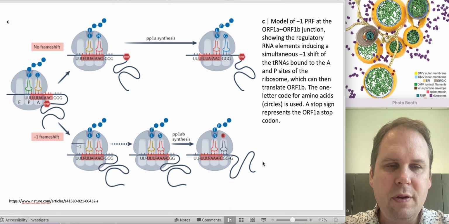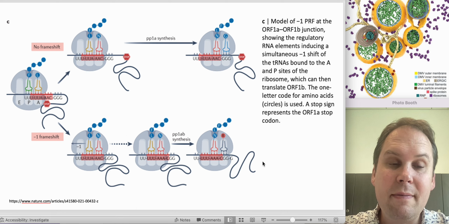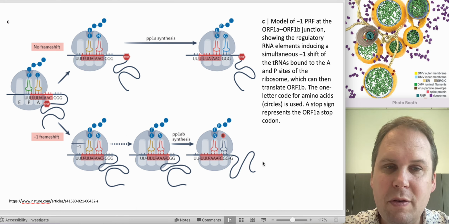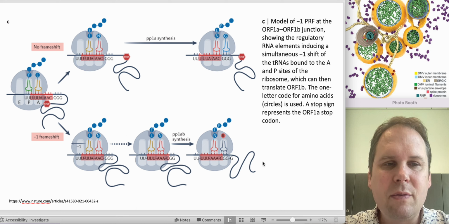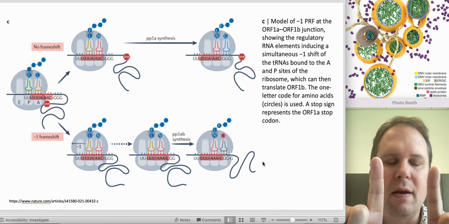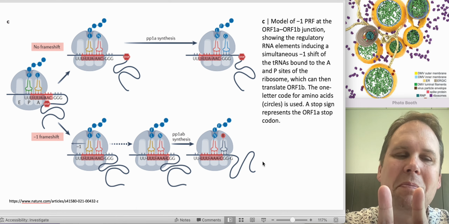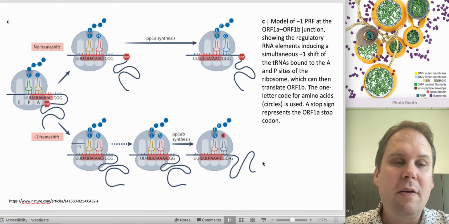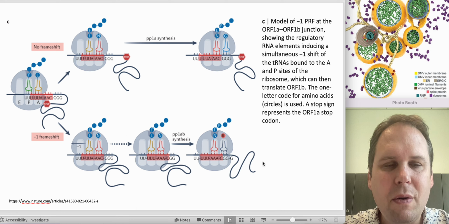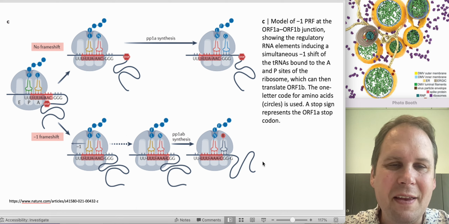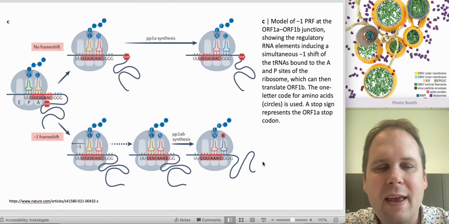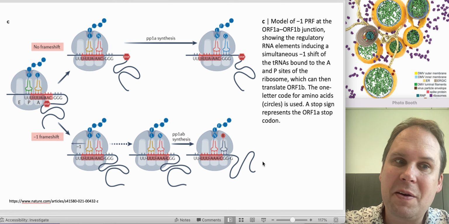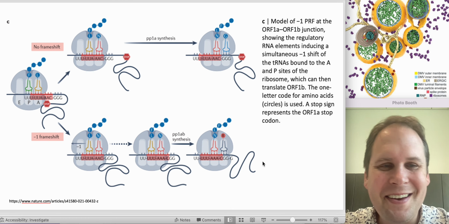And so if you frame shift at the end of open reading frame 1A, you'll go into open reading frame 2. And if you translate that, you will have translated 1A and then 1B. It's not open reading frame 2, it's open reading frame 1B, pardon me. And so we call that polyprotein 1AB, because it's made from open reading frame 1A and 1B with a frame shift. There you go. That's all the magic of naming.